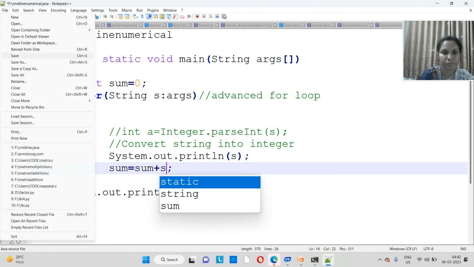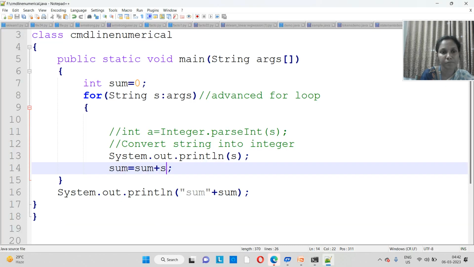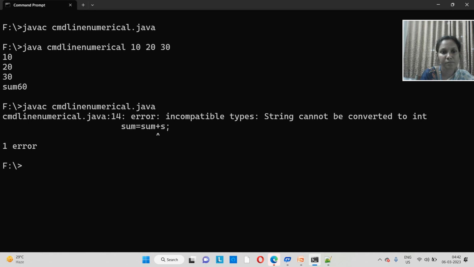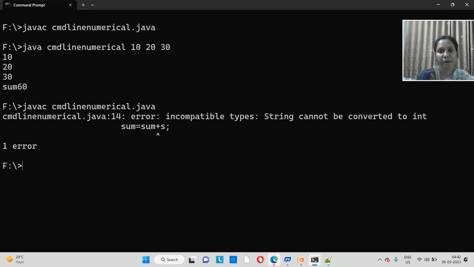What will happen? I have removed the conversion. What is that? Incompatible types: String can't be converted into an integer, because we are trying to